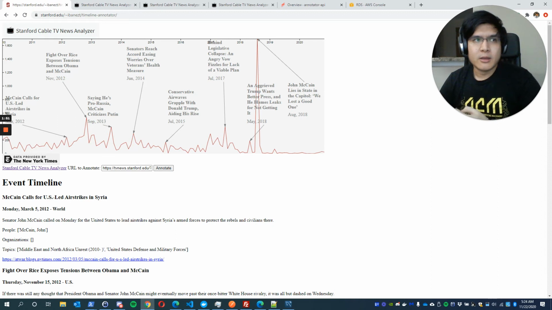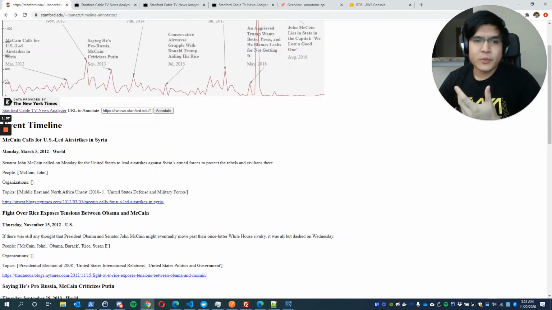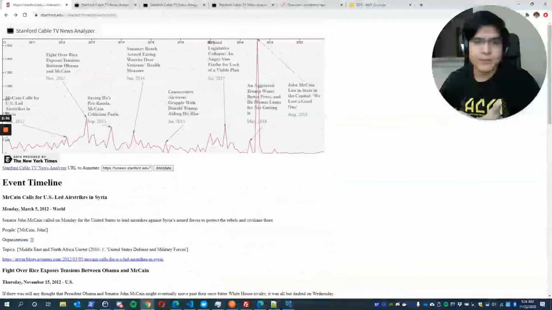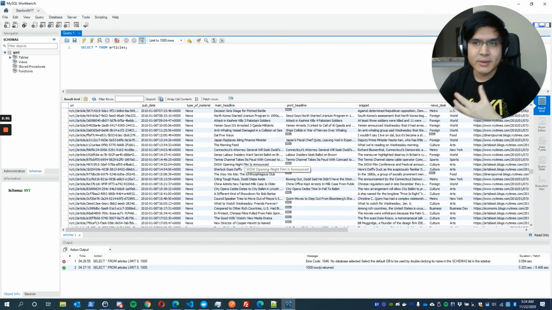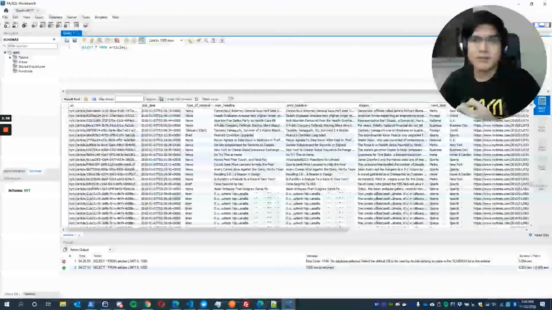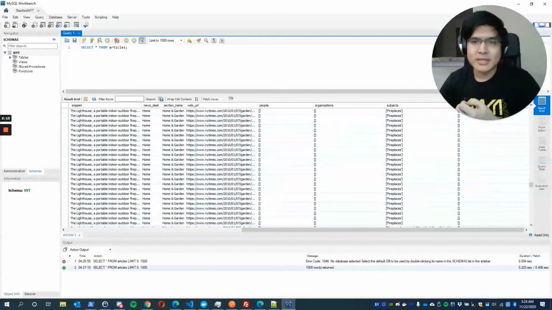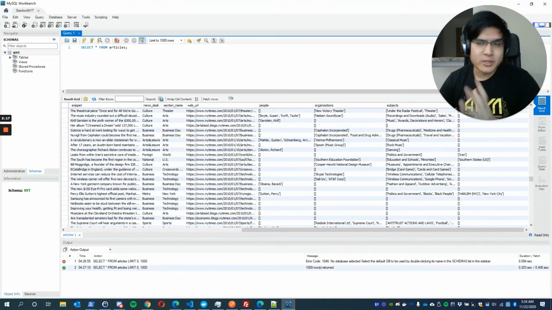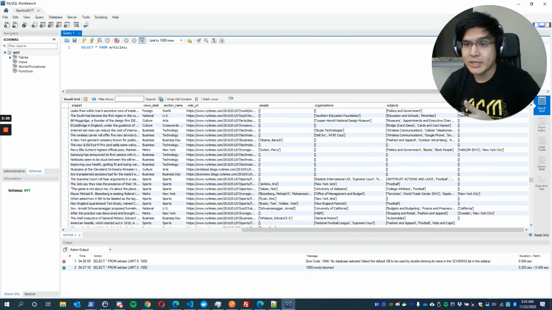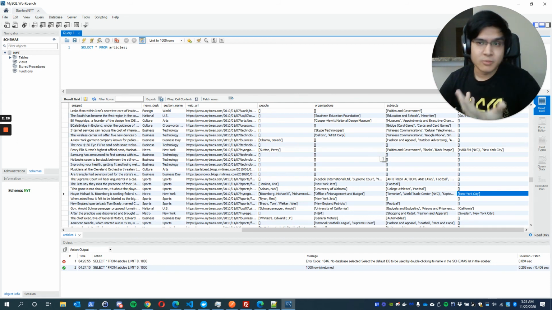Right? Due to the rate limits that the New York Times sets on their API, these events are constructed using articles from their website. I constructed a SQL database and a backend to query this database of the past decade of New York Times articles, complete with people tags, organizations, and subjects. While it only works on people and does queries for people now, because we have these organization, subject, and even location tags, here we have New York City, right? It could be expanded to do any of those things.